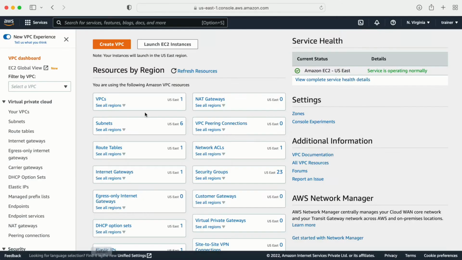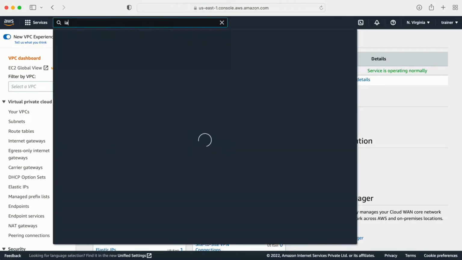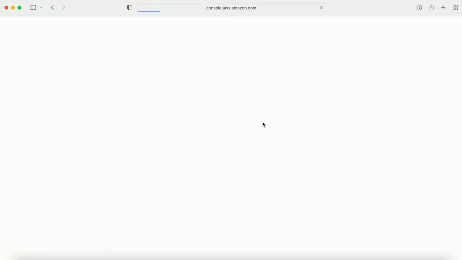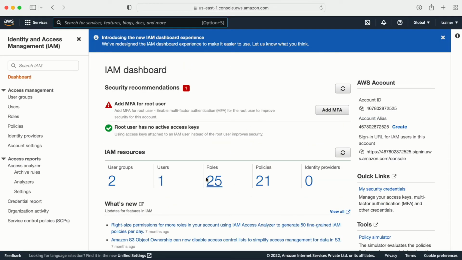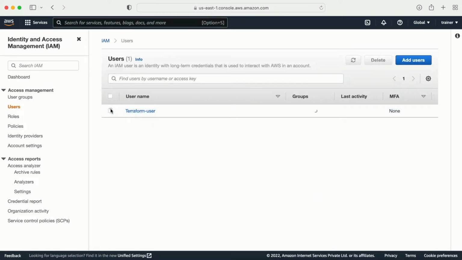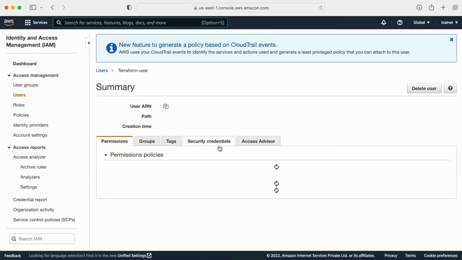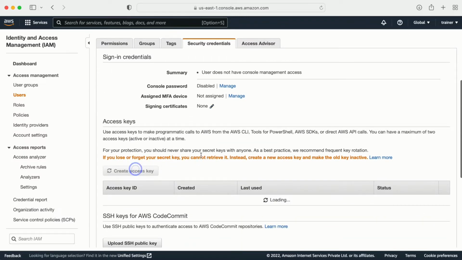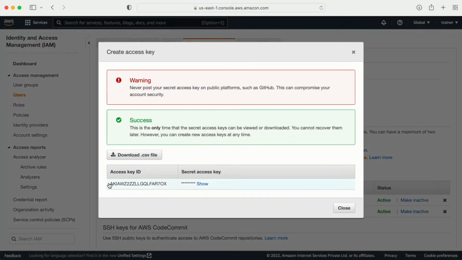For that I need to go to the AWS console, and in IAM I need one user. Why do I need a user? Because this user is going to create all the resources for me. So here we need to click on Users. Here we have one user. Let me click on that user, and I'm going to generate a new security key pair. How to generate? We need to go here, Create access key, and here we have the access key and the secret key. Let me copy the access key,